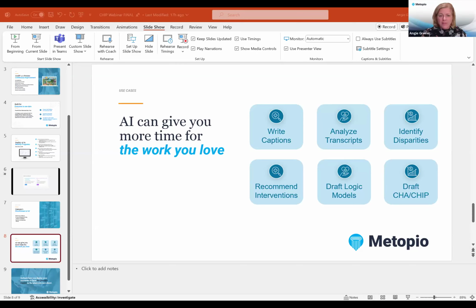And then one last question I have here, which is, how quickly could I get started with my CHIP? Do I have to have done my CHA in your product, or how does that work? No. So you will need to put in prioritized needs for us to recommend programs, but you can always edit these at any time too. You could test them out. You probably have a sense of what those needs might end up being.